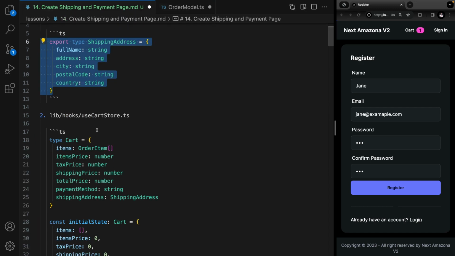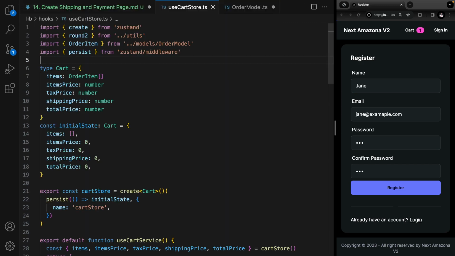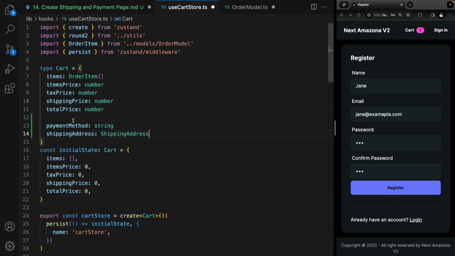Next step is in the use cart store hook. Open this file in hooks folder in lib. And for cart, we need to add two new fields: payment method of type string and shipping address of type shipping address. Import it from order model